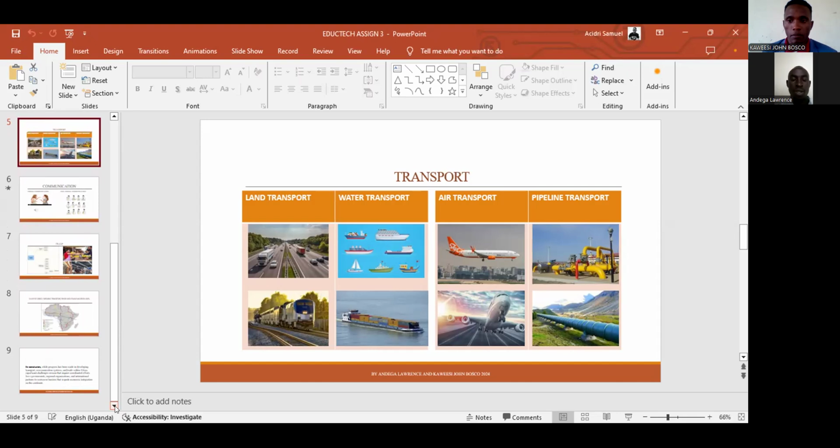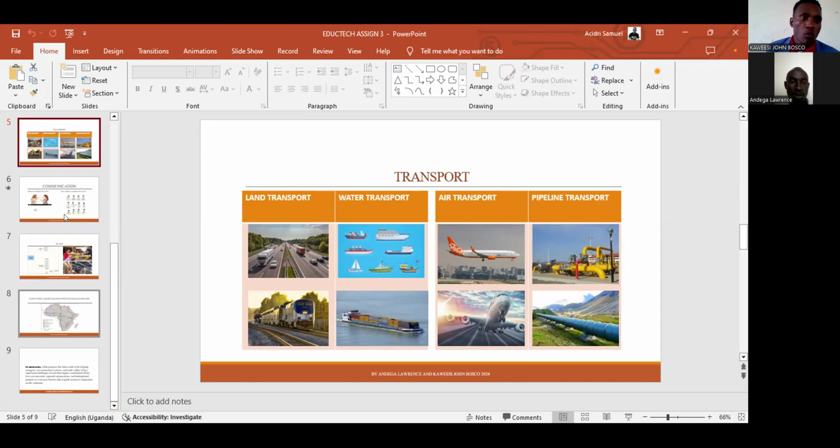Through use of pipes and tanks. Yeah, those are things in liquid form, which are very difficult to pack into things like sacks to be moved from one place to another. Those are things that we can transport through pipelines. Most especially oil, we have petroleum, we have coal, and others. So thank you so much, Lawrence, for that opinion.